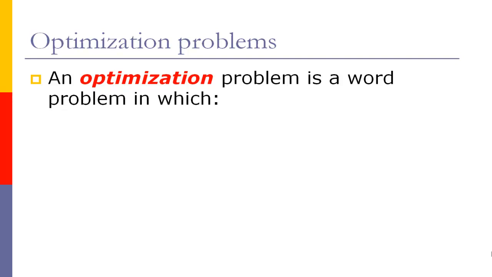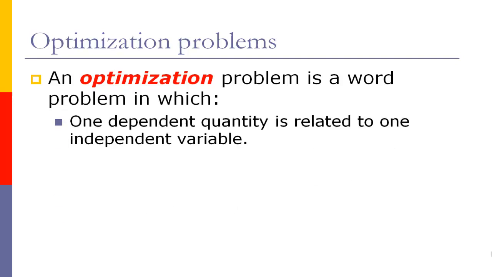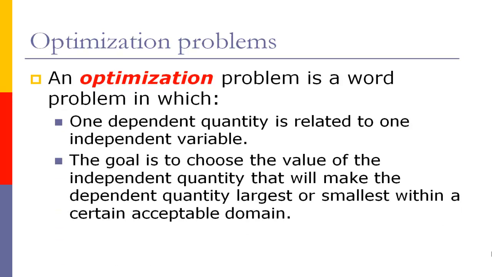So this is a word problem in which we're going to have one dependent quantity related to one independent variable. Okay, so we have an independent variable that can be decided upon, and a dependent quantity which is the thing that we want to optimize. So the goal is to choose the value of the independent quantity that will make the dependent quantity largest or smallest within a certain